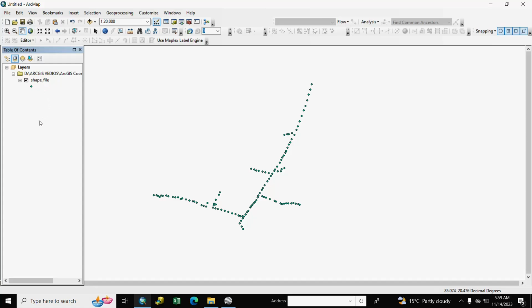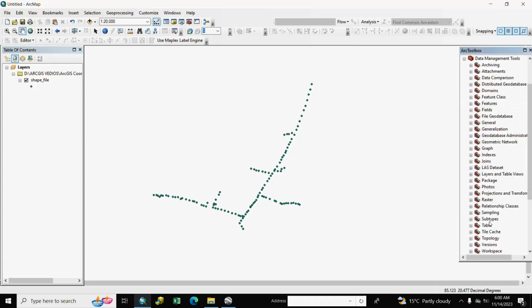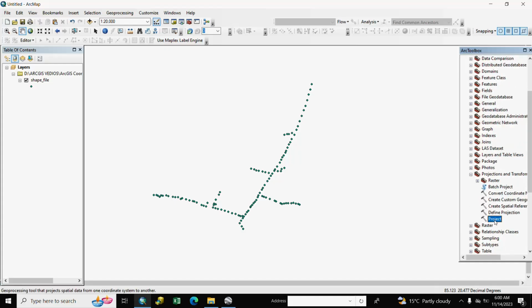So we convert it to UTM projection. For the conversion we go to ArcToolbox, go to Data Management Tools, Projections and Transformations, Project.